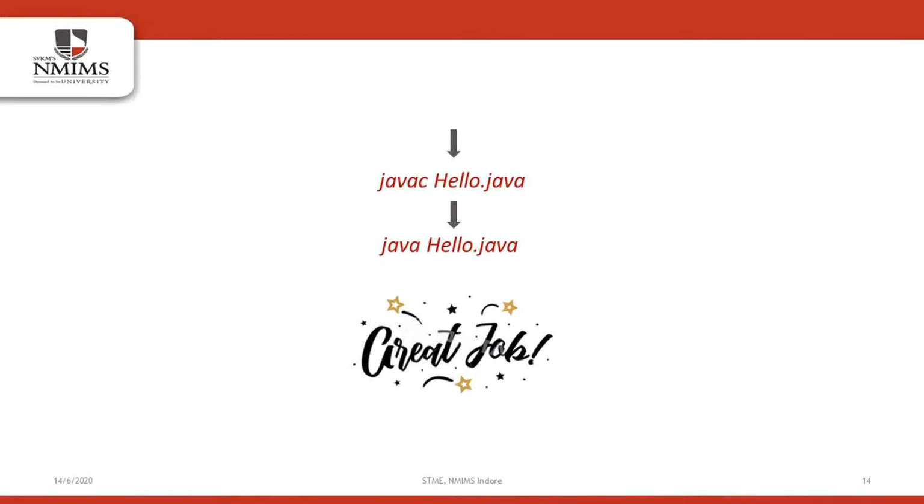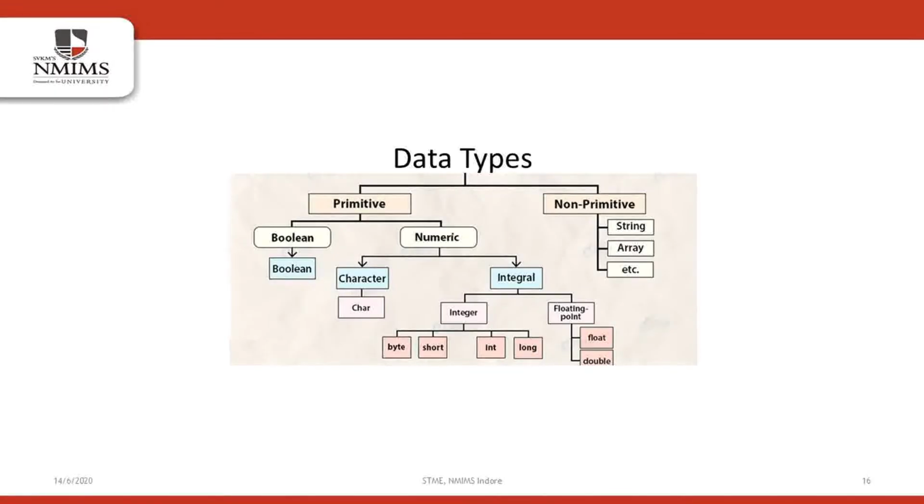Okay, let's proceed with the slides. Previously we learned what actually a variable is and how it is used to store some value. Now, each variable that you define inside your code has to have a type, or rather a data type. A data type tells the computer what kind of values are to be stored inside that particular variable. Is it a number? Is it some text message or whatever? We'll just run through our flowchart of data types quickly.